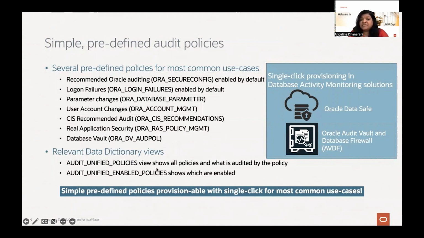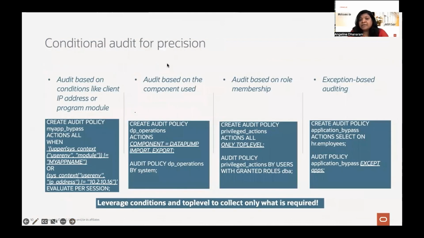And there are relevant dictionary views that we provide, where you can query and see what is available and what's enabled. And coming to the flexibility of how you can configure conditions, we do give different flexible options. You can have a WHEN condition where you can bring in some of these session context variables like SYS_CONTEXT, USERENV, whatever is available in the USERENV.